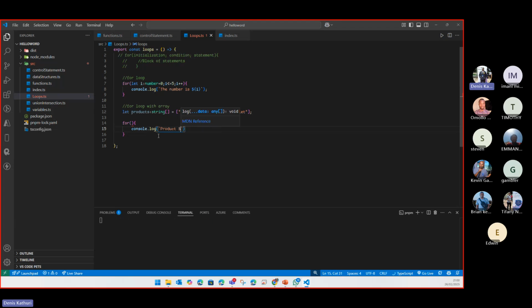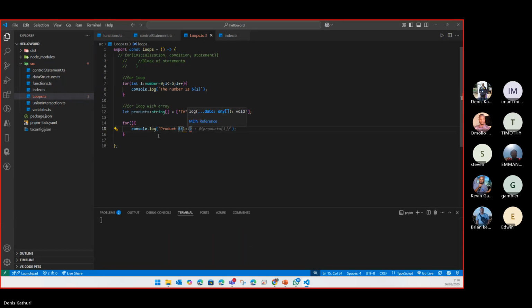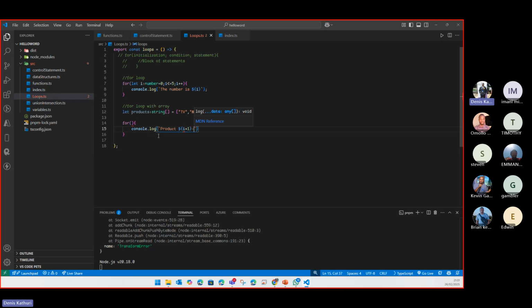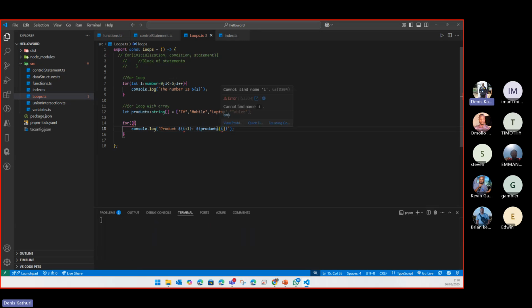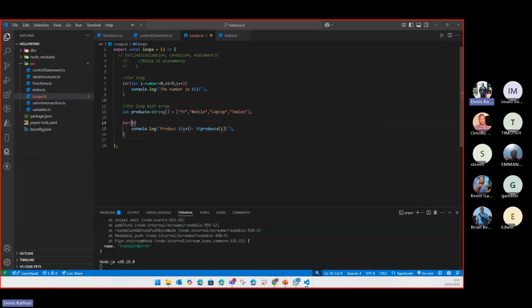just a dollar sign there. Then I just need something simple to number my product, so I plus 1. Then I concatenate that with my product, using the square brackets to access the index of that product. You can see our error is it cannot find I, because we have not implemented our initialization here,